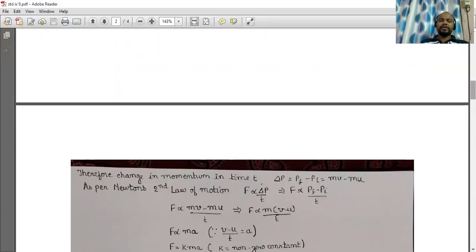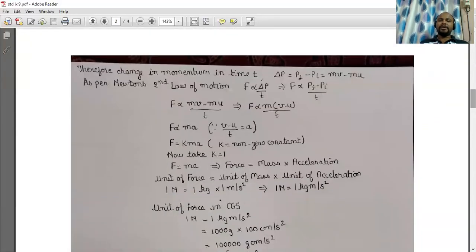Therefore, change in momentum in time t, that is delta p. Delta symbol is used in physics to indicate the change in the magnitude of a physical quantity. So delta p equal to pf minus pi, that is mv minus mu. As per Newton's second law of motion, F is proportional to delta p upon t. Substituting the magnitude of delta p, F is proportional to pf minus pi upon t. Now substituting pf minus pi as we have derived earlier, that is mv minus mu upon t,